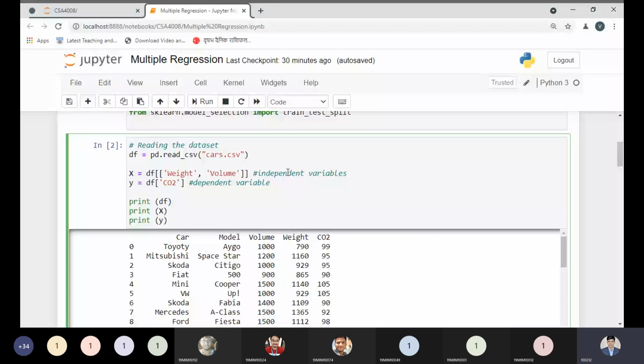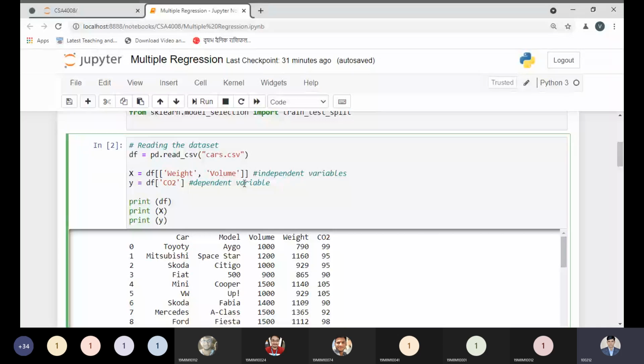Sir, please repeat this. See, I'm saying carbon, definitely after fuel consumption, carbon is generated. So carbon will be generated by a car, following its weight and its volume. And see, volume, you can understand as cubic capacity.